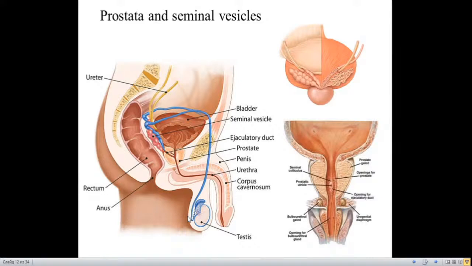So next, the accessory glands of the male genital system involve two major glands, the prostate gland and seminal vesicles. The prostate gland was named by old anatomists the second heart of man. Why so? Because actually,